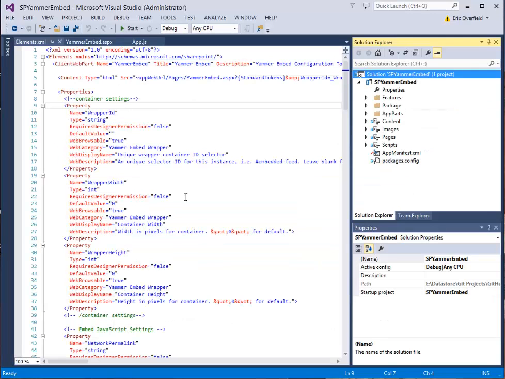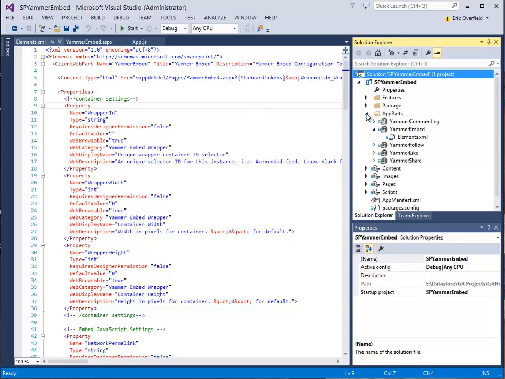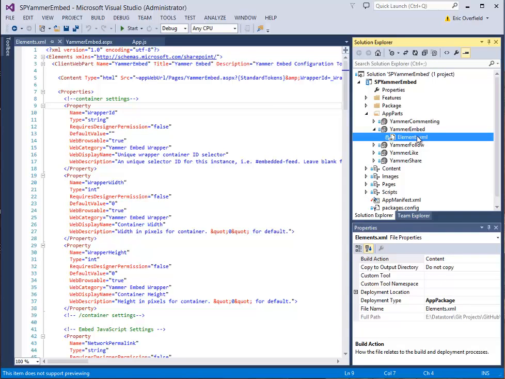Now the project itself, the one I'm going to go over, is the app part Visual Studio solution. The web part full trust is basically the same. So if you look here, the overview of this is going to be basically the same as what you would find in the C# solution. We use almost the exact same code. The primary controls of this Visual Studio solution for SharePoint apps include the app parts. These are basically web parts, and the one I'm going to go over here is the Yammer Embed app part